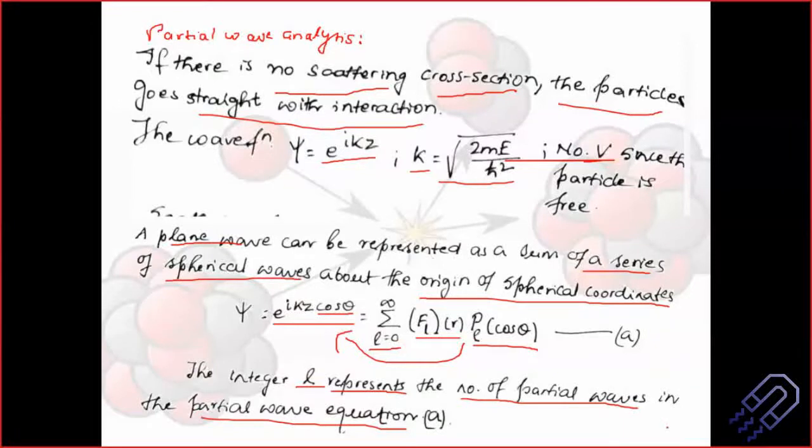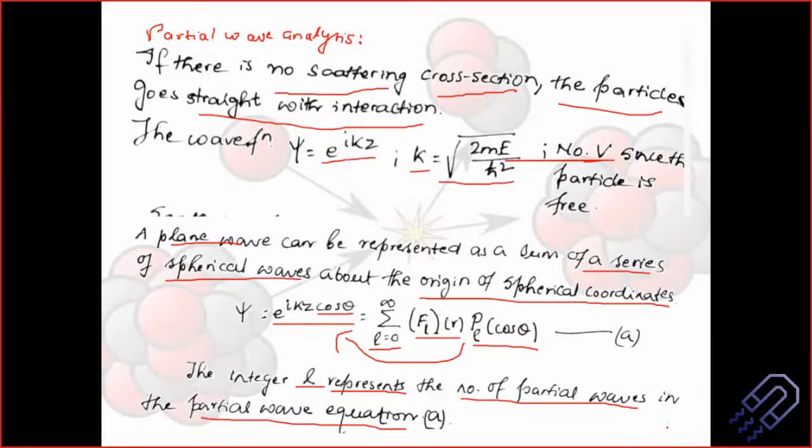So what happens is you are analyzing a part of the wave here, okay, and then this L will represent how many partial waves are there. So for each of them the L value might be different, but then in here what we say is that the angular momentum is conserved. The conservation of energy and the conservation of angular momentum plays a very important role here, okay, because if it is not conserved, that means the system has absorbed some energy. If it has absorbed some energy, the conservation laws are getting violated.